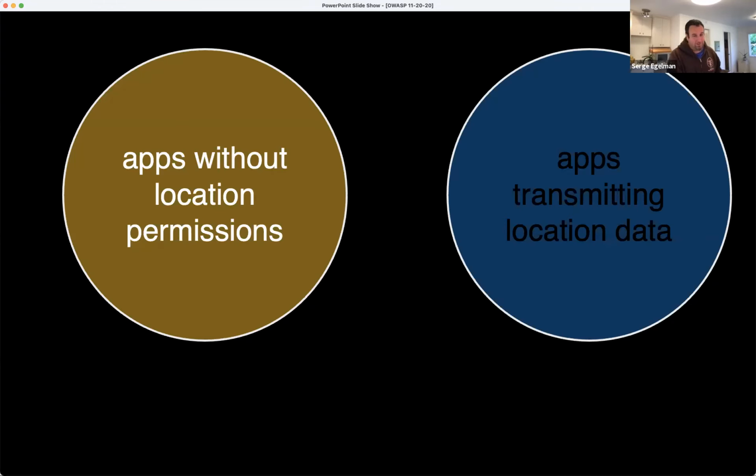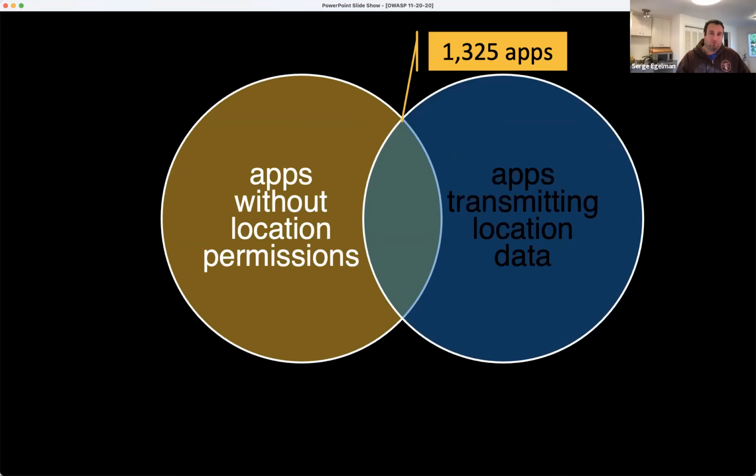For instance, you have apps that don't have the location permission, and a set of apps that transmit location data. A reasonable person would think that these two sets are disjoint, but that's not in fact the case. We found over 1,000 apps that were transmitting location data when they didn't have the permission to.